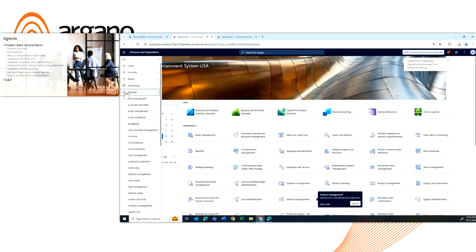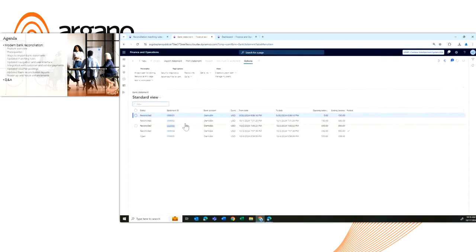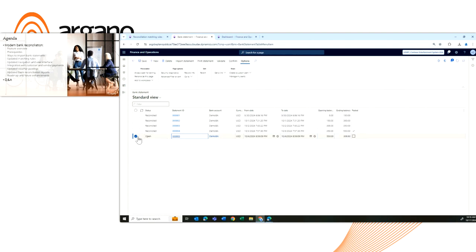So the bank statements, the navigation is still the same. So cash and bank management, bank statement reconciliation folder, bank accounts are here. These are my bank statements. So if you do import, the button is still there. So no changes on this side just yet. If you do the automation import, great. If you do it like me manually, basically I created this statement ID 5,